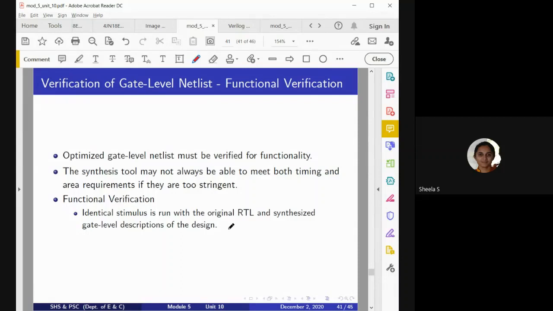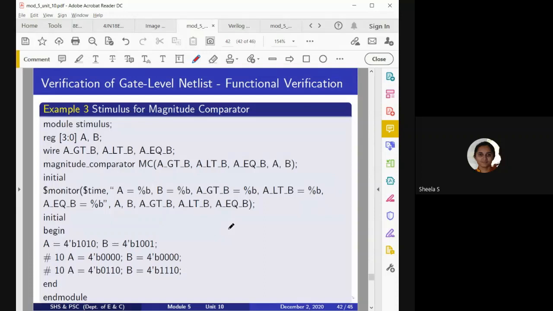We should get the same output. If the output is different, it is not satisfying the required constraint to implement. If the output is the same, then whatever has been described at the RTL level and whatever we are manufacturing, both will do the same functionality. Like this, we will consider.